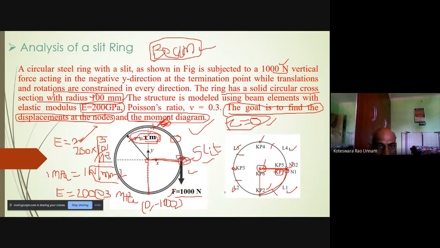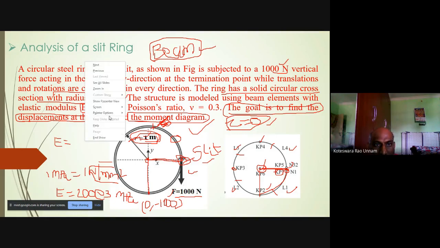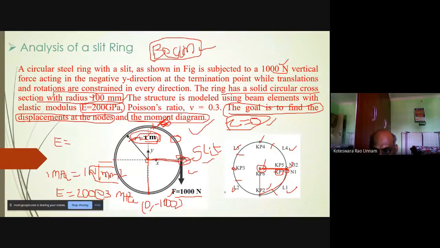I'll erase all these things. Then for this one, here you need to create one more key point, key point 3. So what are the coordinates for key point 3? See, if I draw a line here, it is the X-axis.